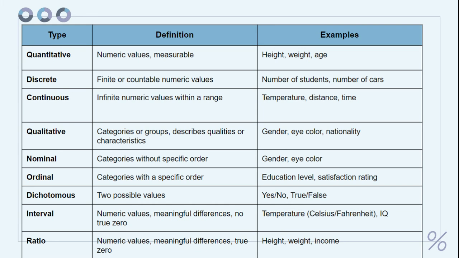Now, as the name implies, quantitative is what you can count. So it involves numbers, things that are measurable. Under a quantitative type of variable, we have a discrete variable and a continuous variable. Now, what is a discrete variable? Discrete variables, you can refer to them as finite variables. That means they have a definite